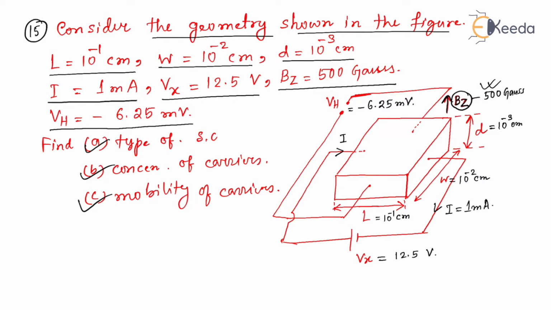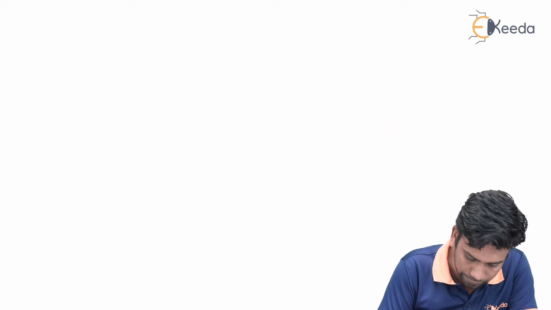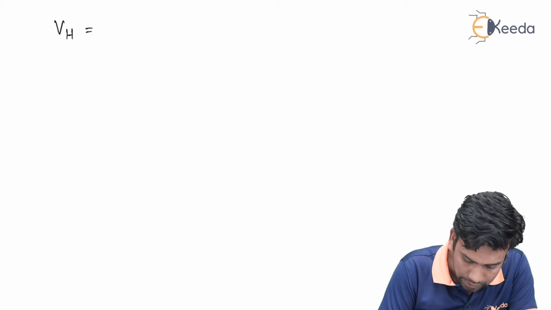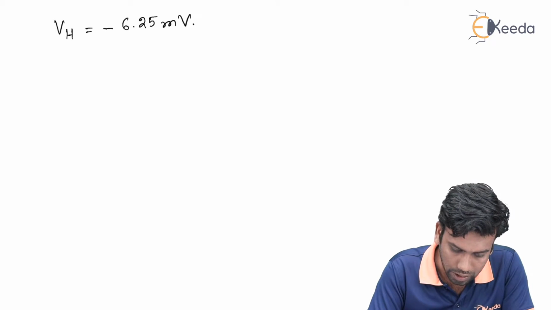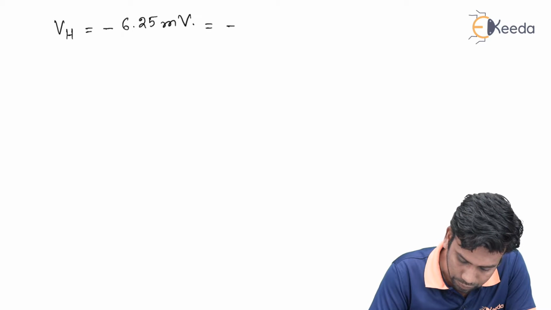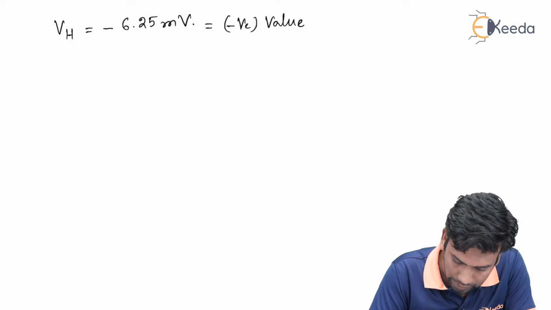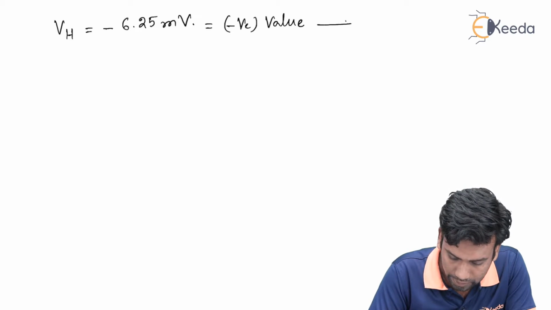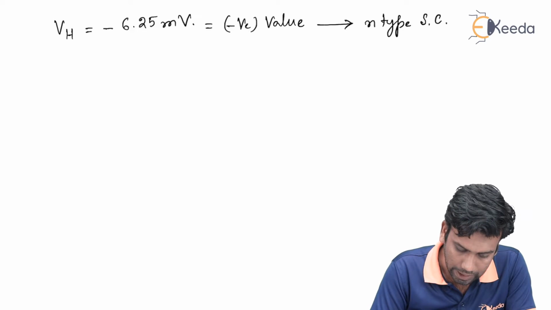millivolt. So if we look at the value of Vh, that is the Hall voltage, it is given by minus 6.25 millivolt. So we are getting a negative value of the Hall voltage. That's why we can say it is an N-type semiconductor. And next thing,